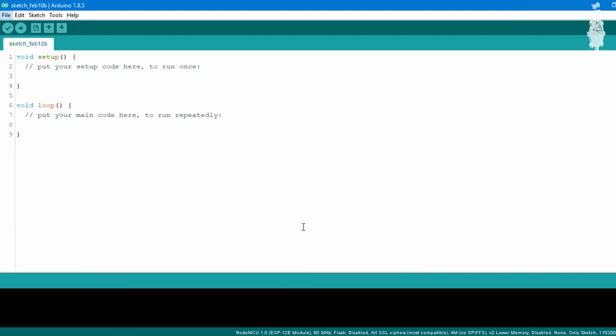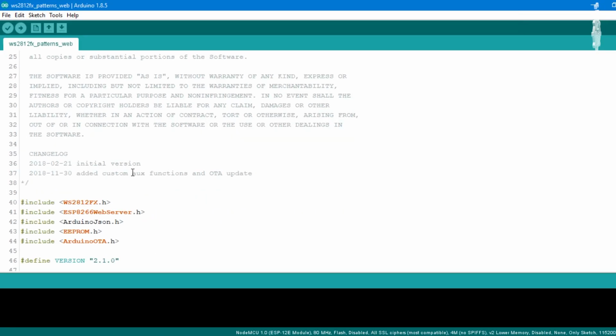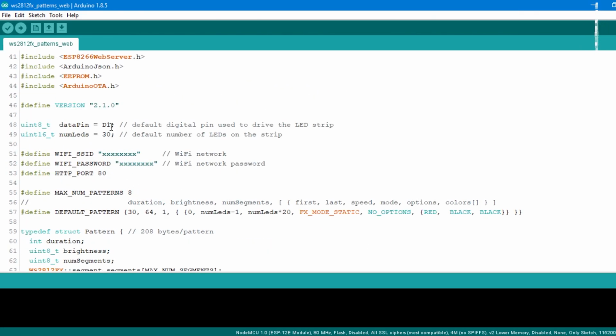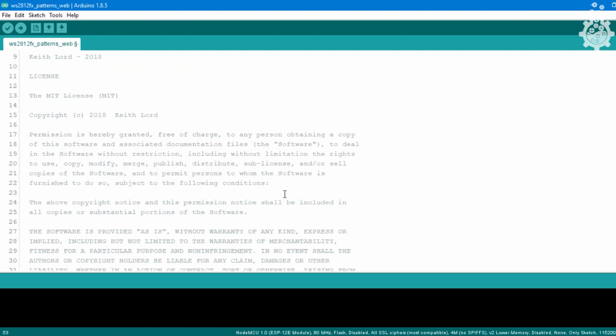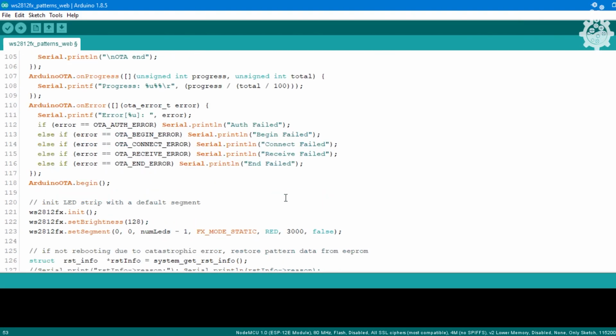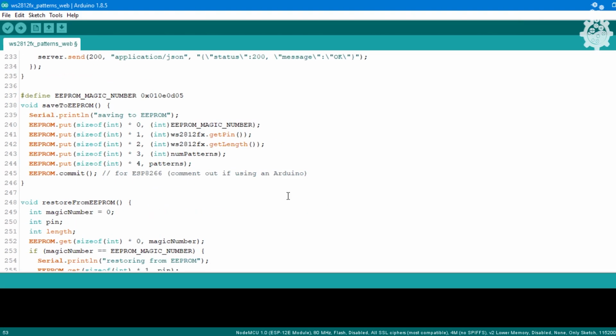So open this example. The only thing that you need to change here is your pin number, whichever pin you are connecting to, and you have to add your SSID and password. Other than that, there is one more very important thing, that is the number of LEDs. Since I am using 144 LEDs, I'll just enter 144 over here and I will add the pin number as D2. Don't worry about the connections and wiring diagram. I have added everything including this code to my Instructables page, which is linked down in the description.